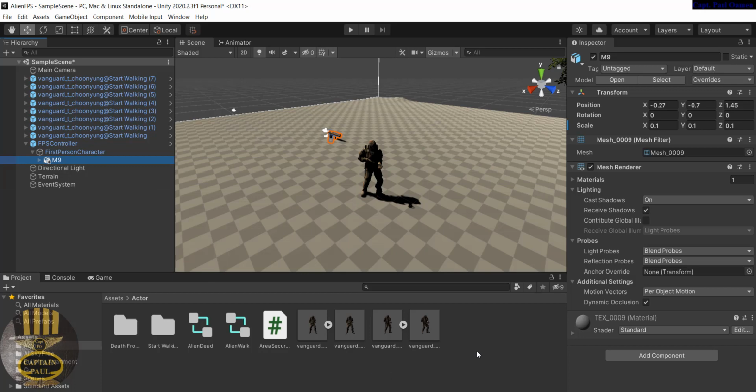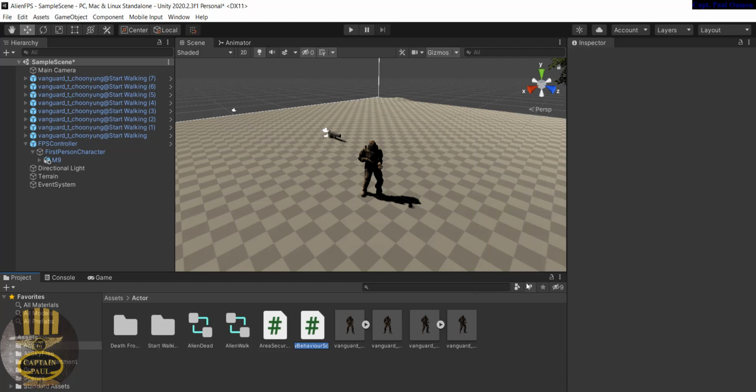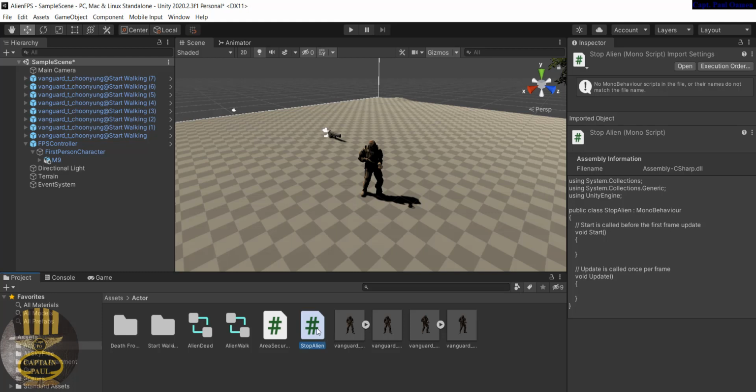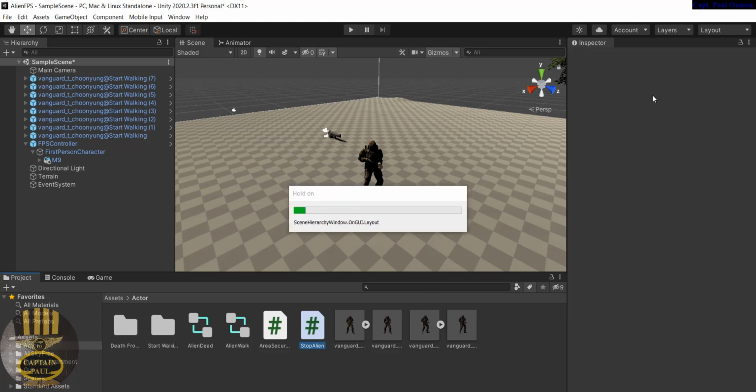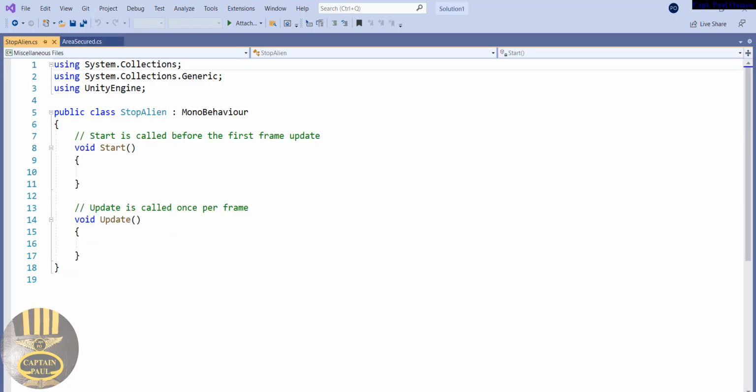So let's add another line of code. Okay, first of all, let's give the name. I'll just call it stop alien. There. Now I'm going to make sure it's selected and click on open right here. There we go. Okay, with the stop alien script open, I'm going to get rid of all of this